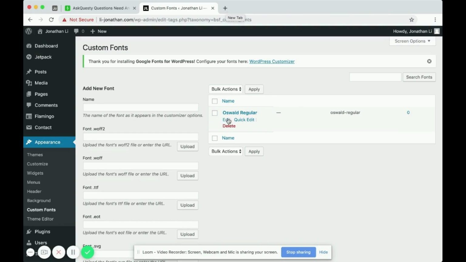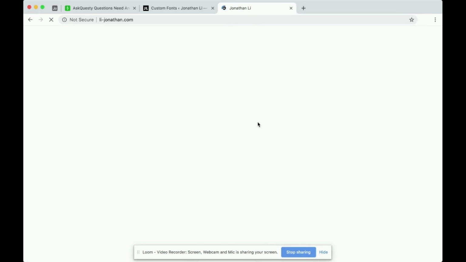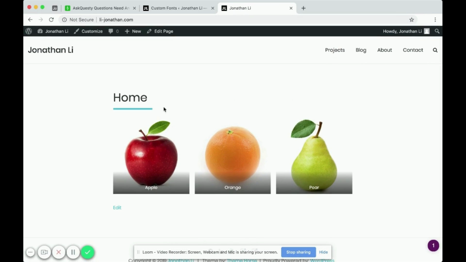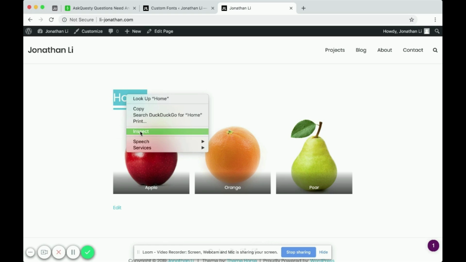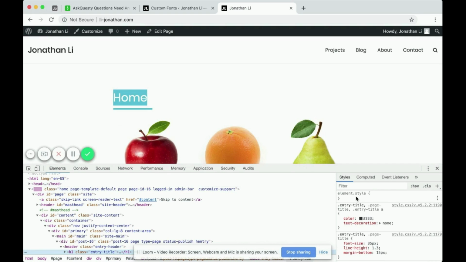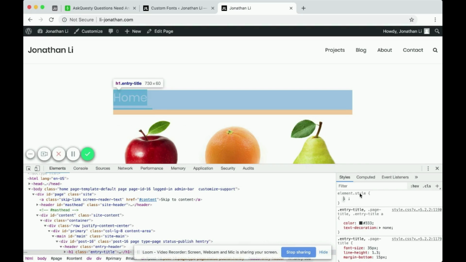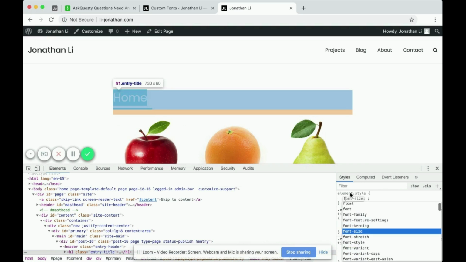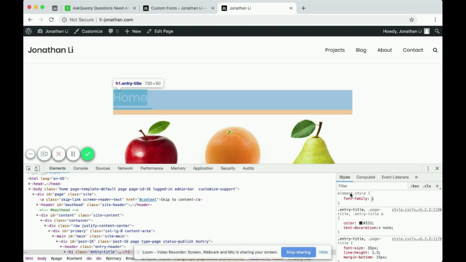So just to make sure that the font is actually available, go to your website and select any bit of text you want. So I will just use the home text as demo. So right click on the home text and I'll click inspect. And when I inspect it, over here where it says element style on the right-hand side, I will type font-family, and then here I will type out Oswald regular